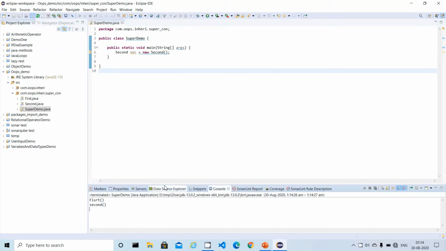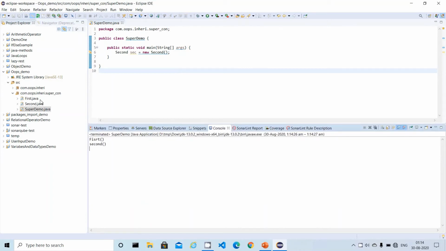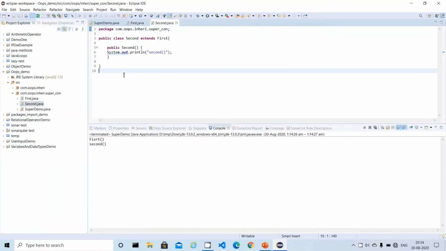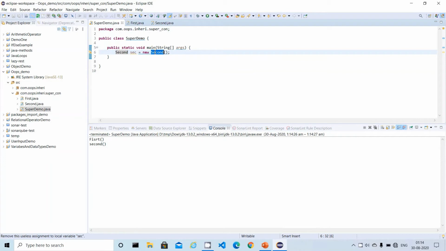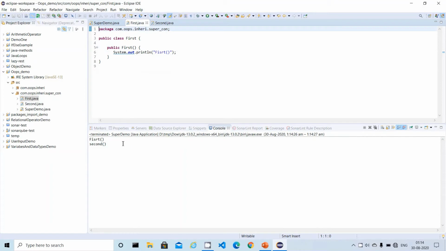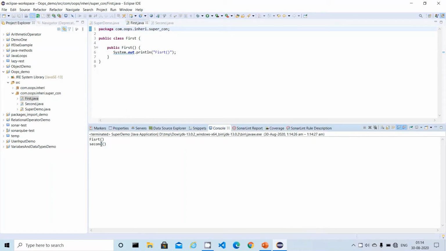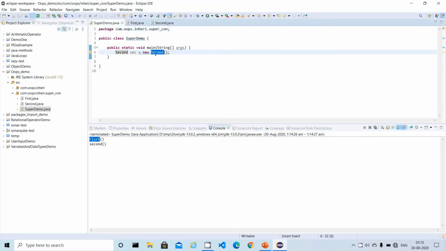If we see the output very closely, we can understand some things. We are creating the object for the subclass, but we are not doing anything with the superclass. But if we see the way the constructors are invoked, first the superclass constructor is invoked and then the subclass constructor is invoked. So how the superclass constructor is invoked, this is the question we need to understand. Though we are creating an object for the subclass, ideally it should call only the subclass constructor, but it is calling the superclass constructor.